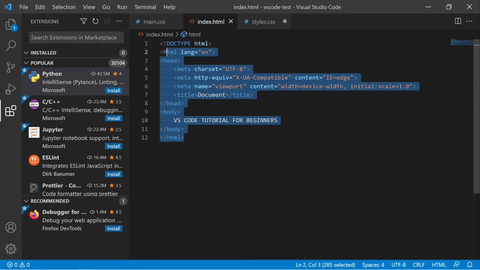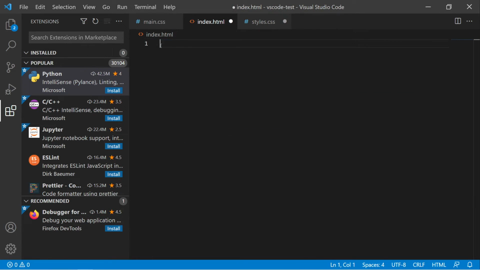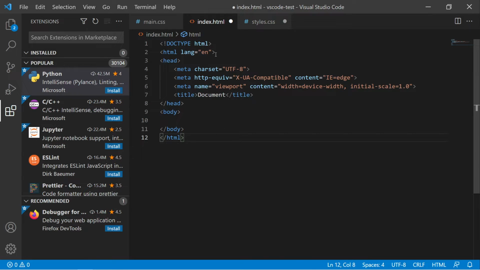So for example, if I delete this whole code, and now instead of writing the whole boilerplate for HTML, I write this exclamation mark, and you can see we have here an Emmet abbreviation, and if I click on it or press enter, you will see that it provides all the boilerplate on its own.